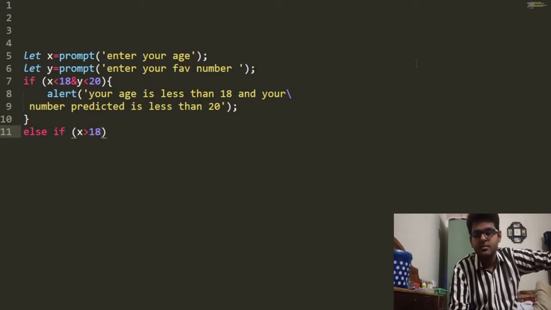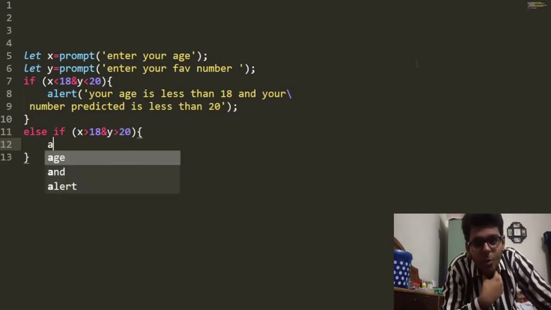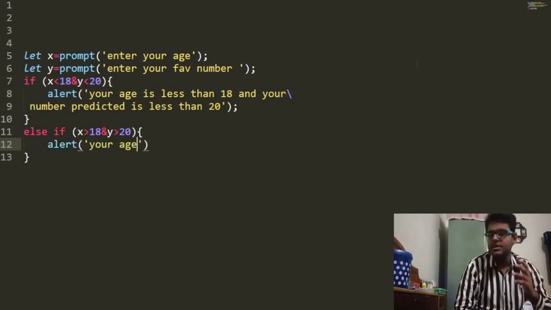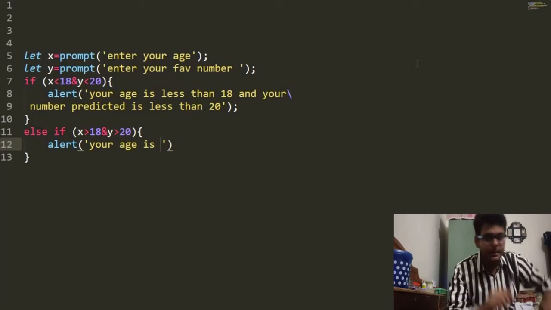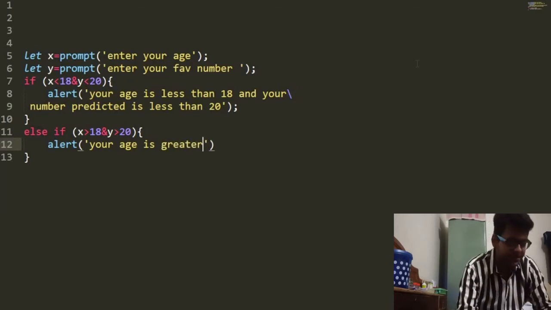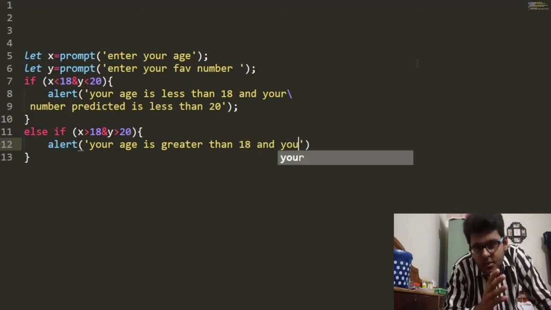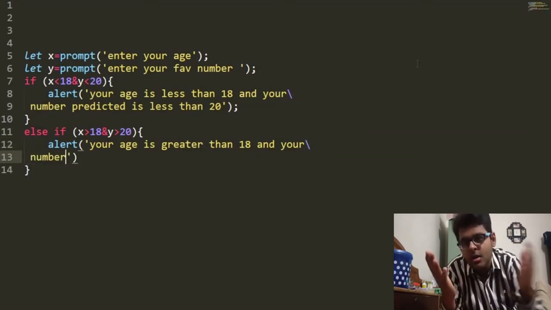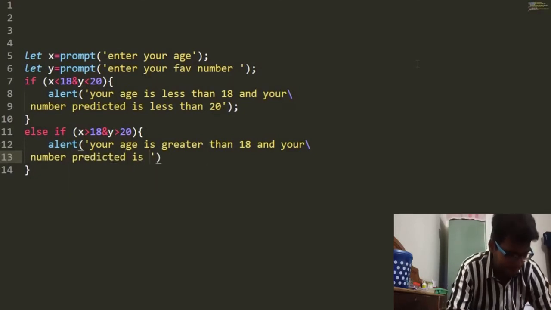So else if x is greater than 18 and y must be greater than 20, and again checking with our alert, saying your age is greater than 18, and your, using backslash again, and your number predicted is greater than 20.